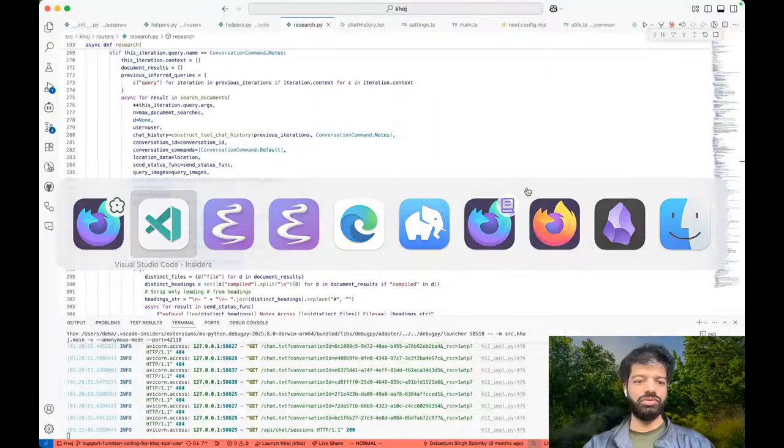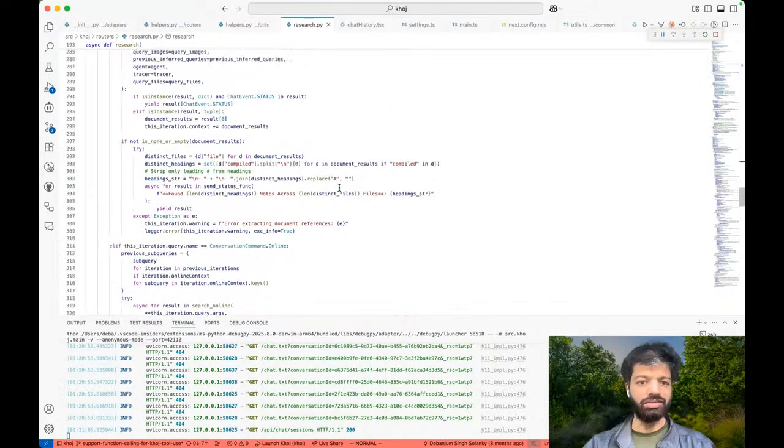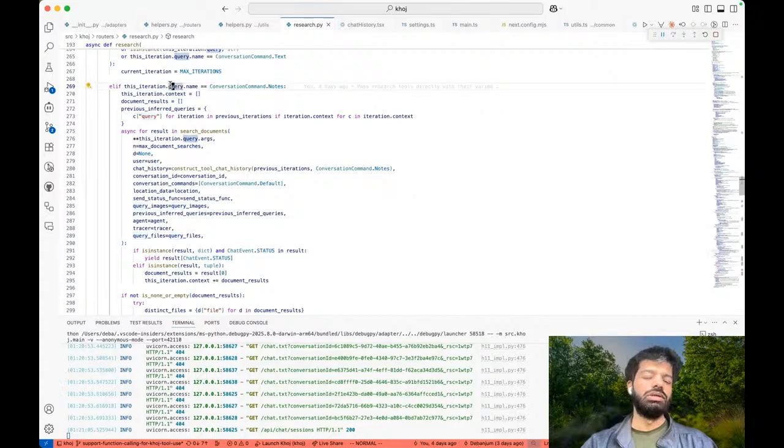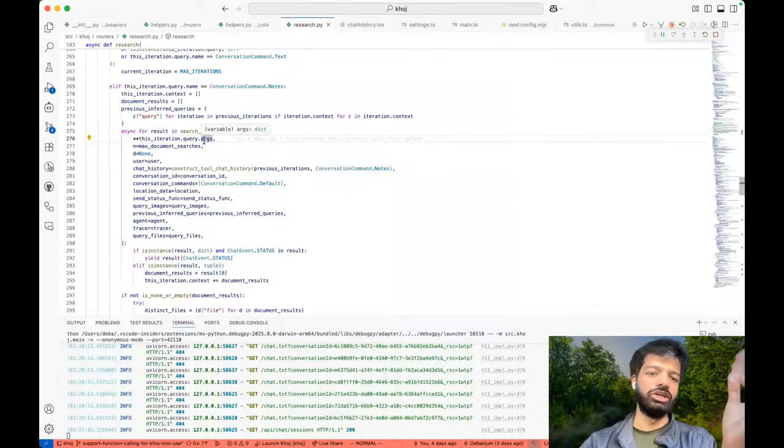And so that's what you see here, where this example for us is the most relevant. It finds the tool that the LLM has chosen to call, and then calls that tool with the arguments that the LLM has passed.